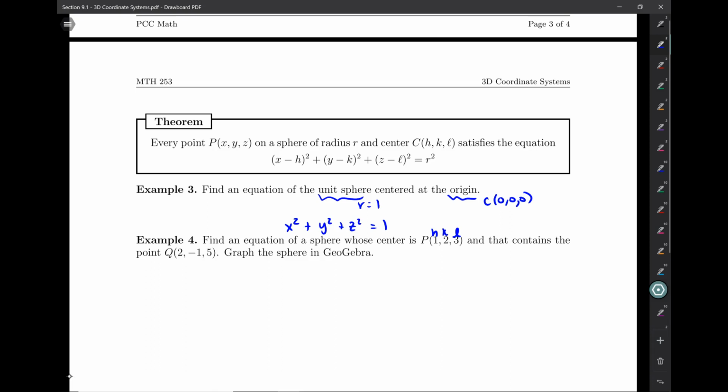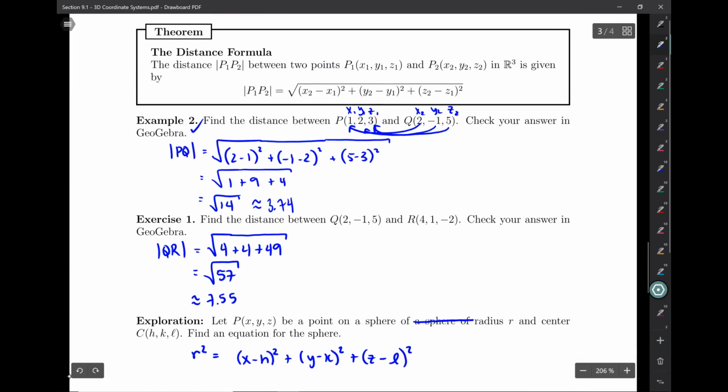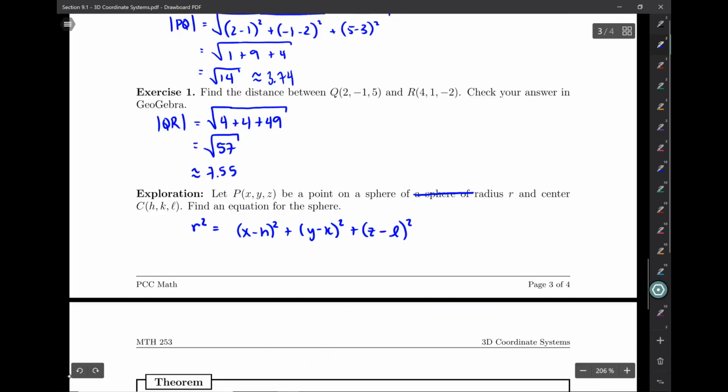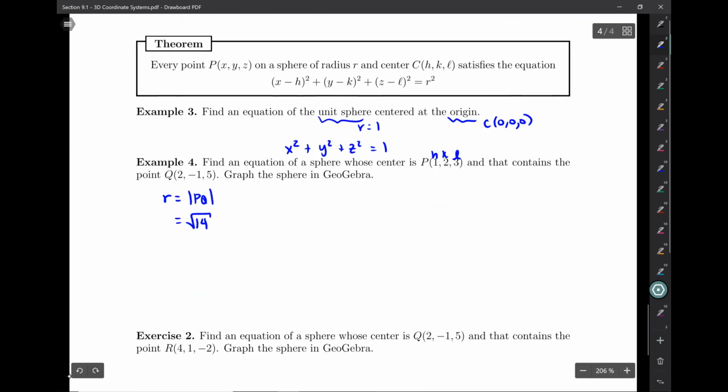Well, that's really the distance, isn't it? It would be the distance between those two points. We've actually found that already. The radius is going to be the distance between the points P and Q, and we found that to be the square root of 14. Let me just double check. Yep, the distance was the square root of 14. We're going to leave that in the exact form of root 14, not its decimal approximation of 3 point whatever. So that's the radius, and again we know the center